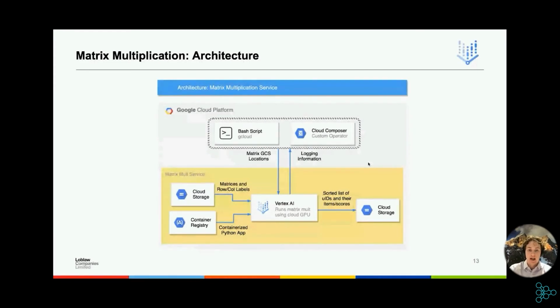You send it to Vertex AI with all the specifications: all the arguments you want to pass in, the type of compute you want to use, and the location of the container that you want to use. Then Vertex AI provisions the compute resources, spins up the container, and runs your code. Within our code, we pull in the 2 matrices that we're trying to multiply, the user and item matrices. We also pull in the row and column labels. After the matrix multiplication is done and we grab the top 600 or so recommendations, we map the users and items to those outputs and send those as a TSV file to our cloud storage.